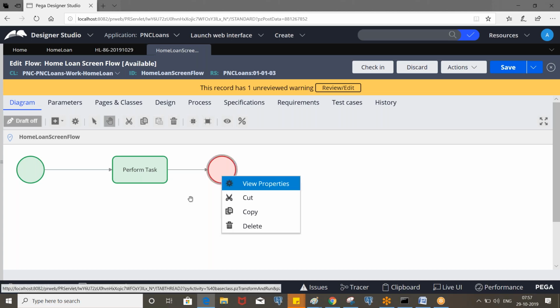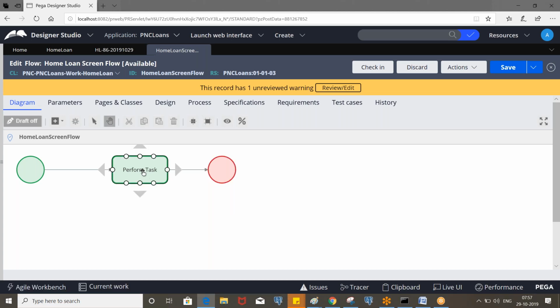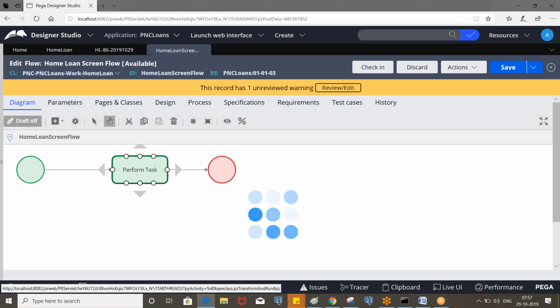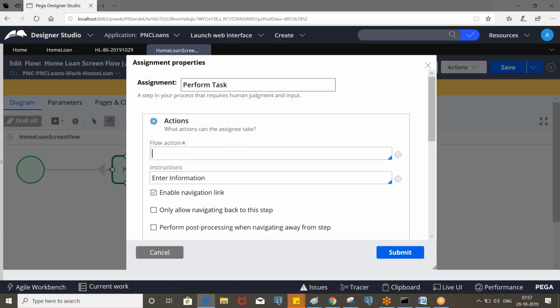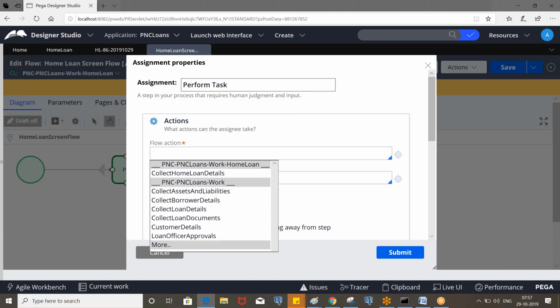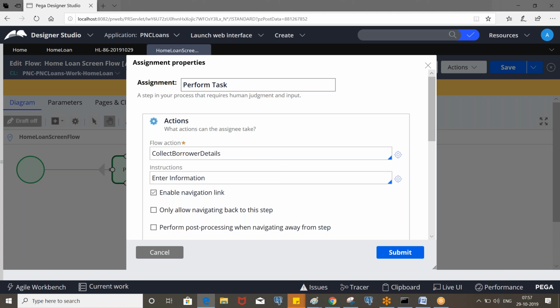So here I'm going to invoke borrower details, and we can call the flow action on the assignment shape itself. So click on the assignment shape and click borrower details.